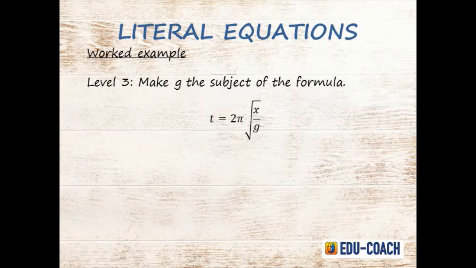In this example, we are asked to make G the subject of the formula, and we are given T is equal to 2 pi times the square root of x over G. Notice we have a square root and we have G in the denominator of a fraction. So the first thing is to get rid of the square root, and we do this by squaring both sides of the equation. So on the left hand side we have T squared, on our right hand side 2 squared is 4, pi squared is pi squared, square root